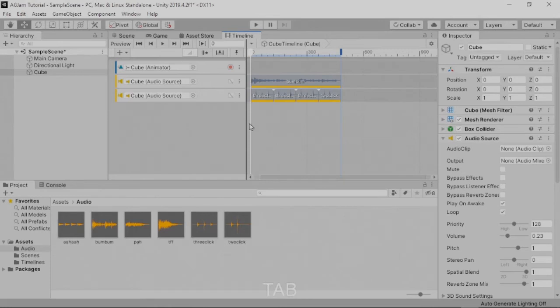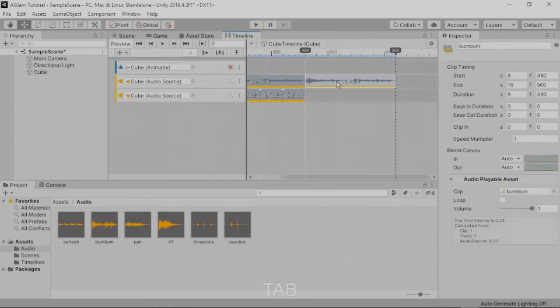So I'm going to say, well, let's add another bum bum bum here. I'm going to say that after 2 complete bum bum bums, I want the cube to have rotated. This is after 2 complete bum bum bums. We'll be on frame 960,